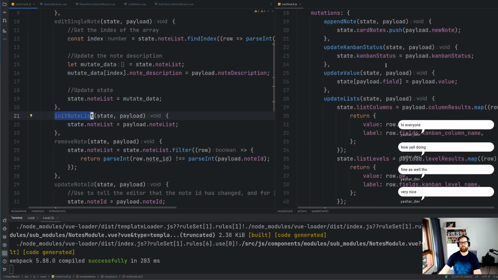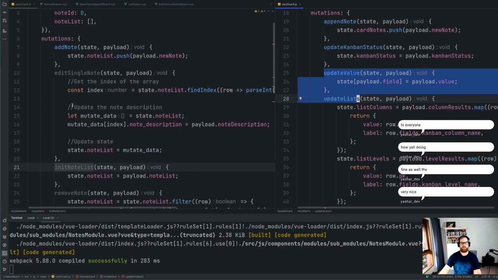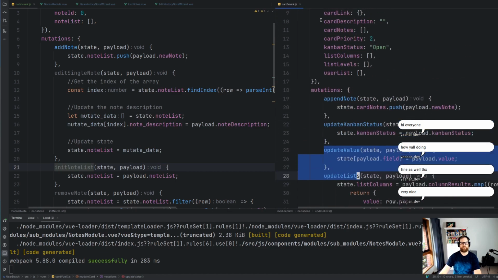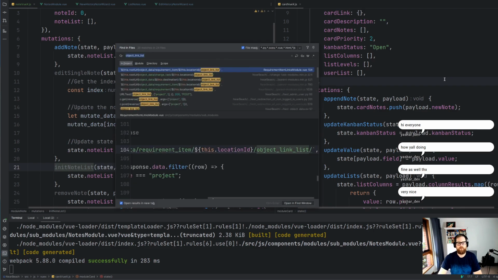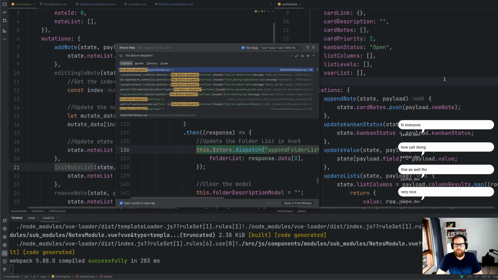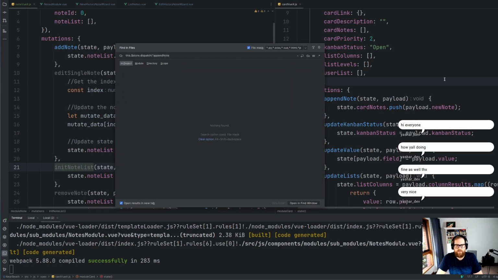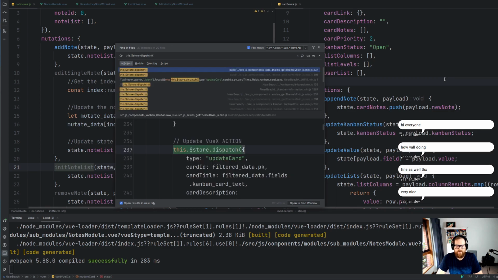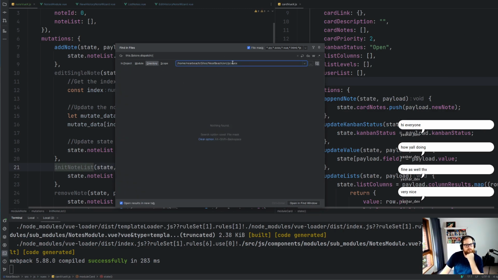Also double checking that I've got this right. So is just like that. Mutations, yep. It's not part of the actions whatsoever. So if I go this $store.dispatch, I can key in something, append note. No, it'll be like that, and then it'll be append note. And if I do that in a directory,